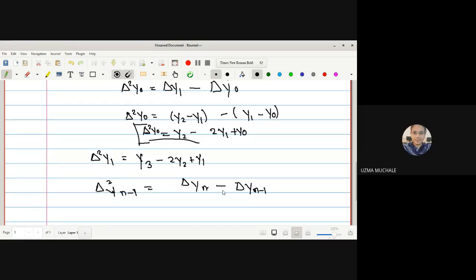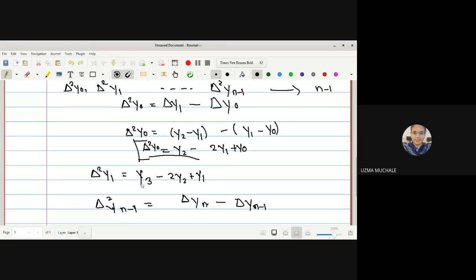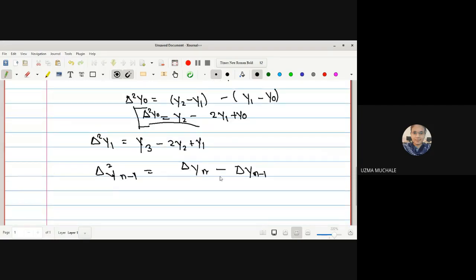Which one plus 2? In the above equation it is y1, so the first term is y3, so we have added plus 2. No, I am writing the general one. This is delta yn minus delta yn minus 1. I am writing this formula, delta y1 minus delta y0, not the general one which we have written. Yes, ma'am. Okay. So after that we can evaluate this one, and this I have written in general.